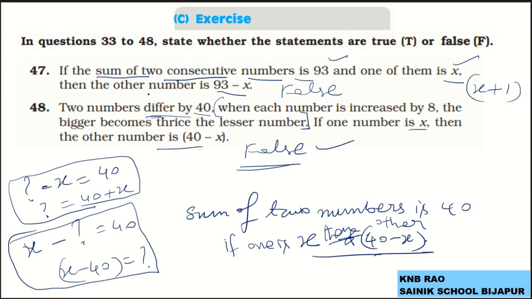I have a doubt in question number 47, am I right or wrong? Just check and tell me. I got the sum of two consecutive numbers. So, if one is x and the other is x plus 1, their sum is 2x plus 1 equals 93. So, 2x equals 92, x equals 46. The other is obviously 47,